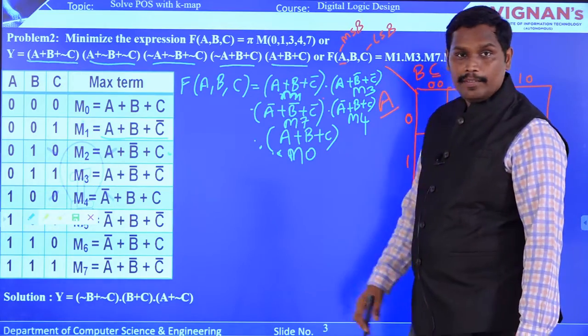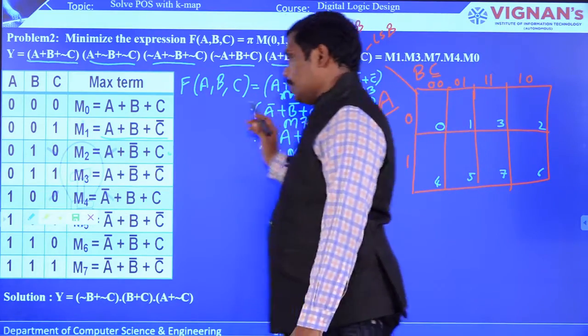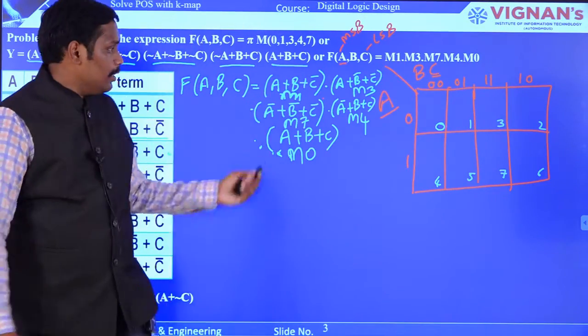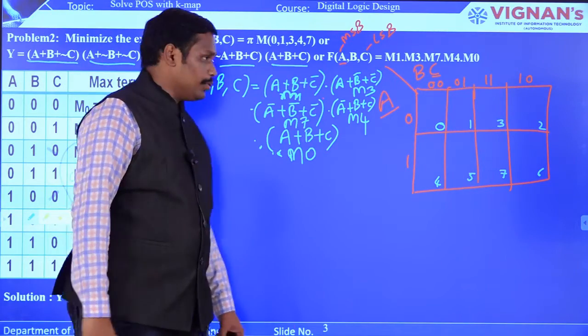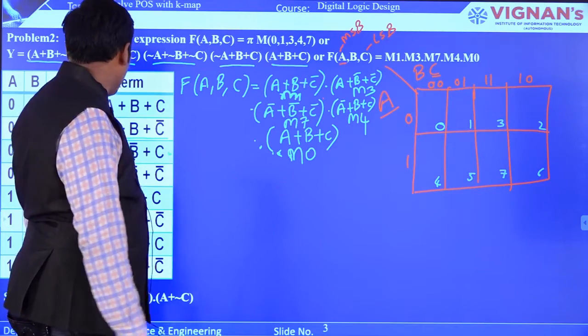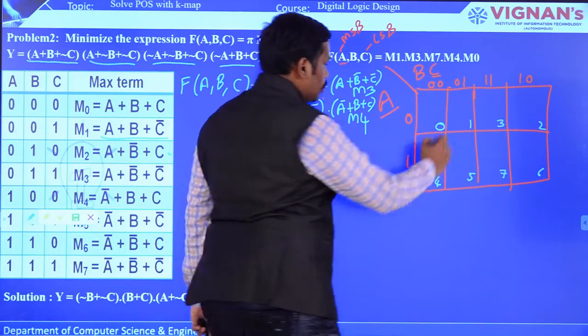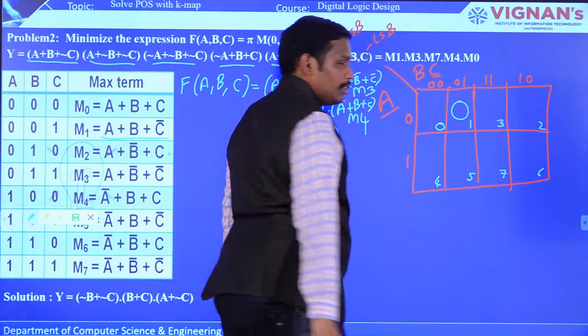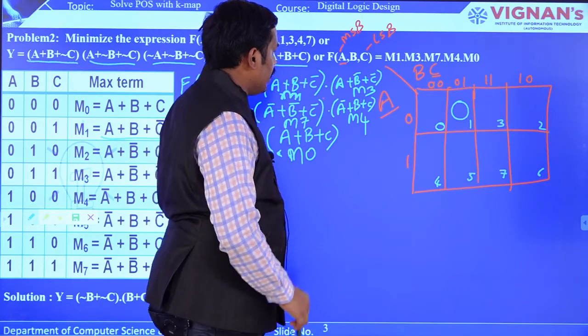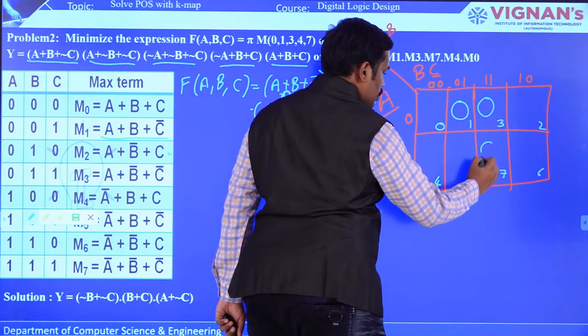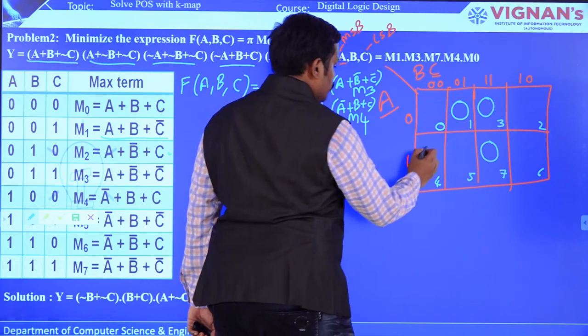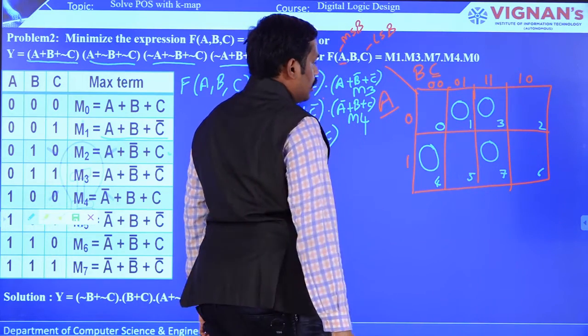M0. Fine. So now the first step is we have to fill the Karnaugh map with zeros. Okay, so the positions are already known to you. That is M1. So we are placing 0 here, right? And then M3, 0, M7, 0, M4, 0, M0,